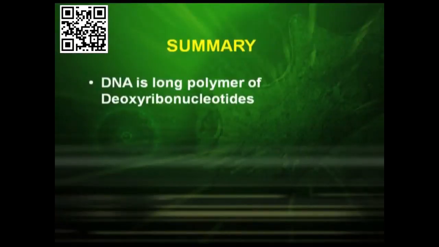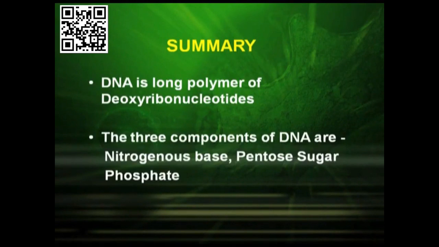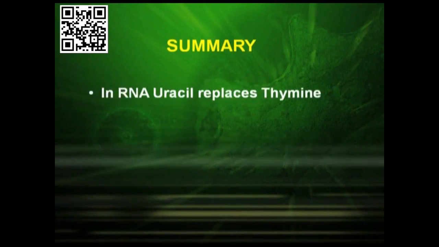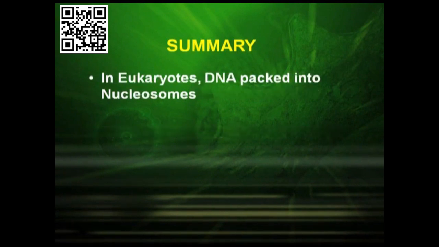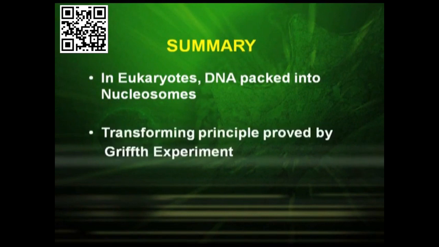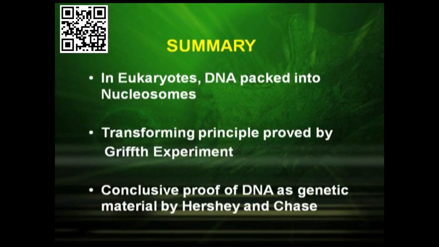DNA is a long polymer of deoxyribonucleotides. The three components of DNA are nitrogenous base, pentose sugar and phosphate. In RNA, uracil replaces thymine. DNA is stable due to hydrogen bonds. In eukaryotes, DNA is packed into nucleosomes. The transforming principle was proved by Griffith's experiment, and the conclusive proof of DNA as genetic material came from